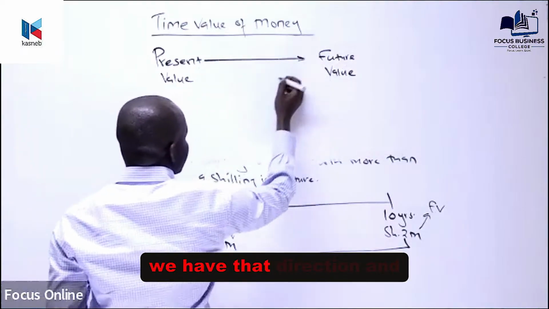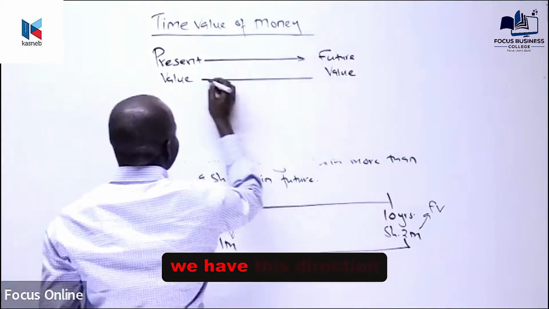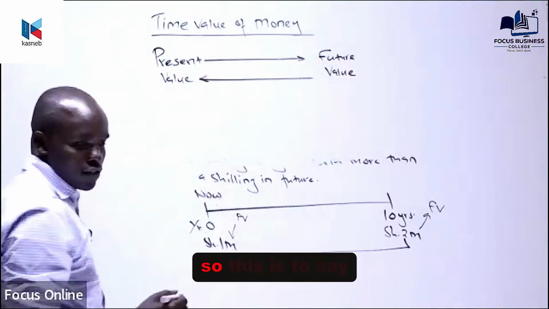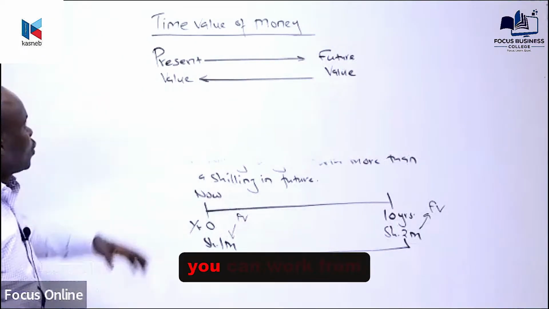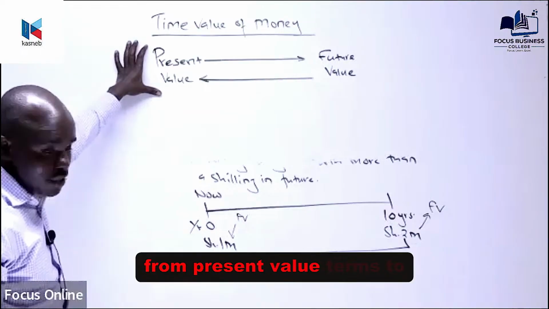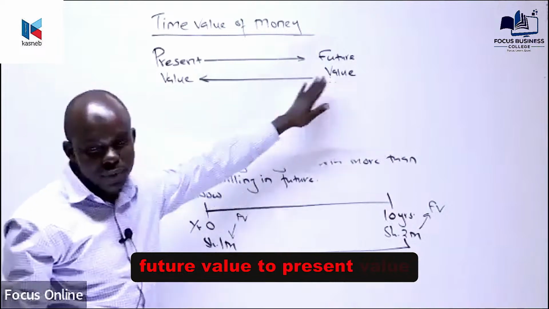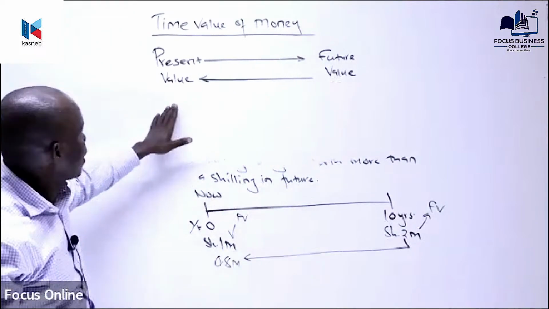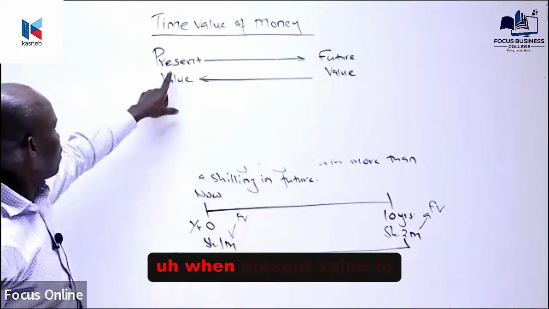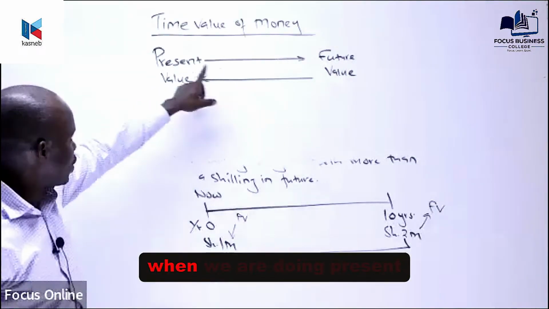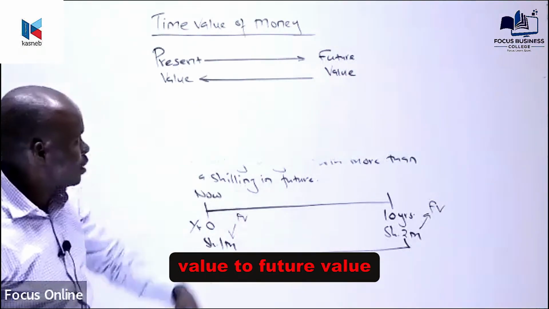We have that direction, and we have this direction. So you can work from present value terms to future value, or you can work from future value to present value. When we are doing present value to future value, we call it